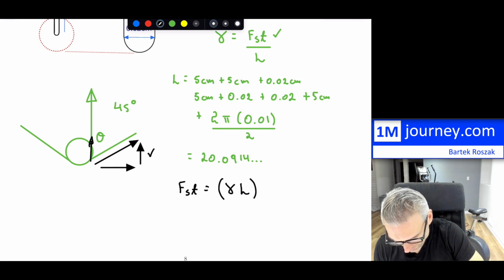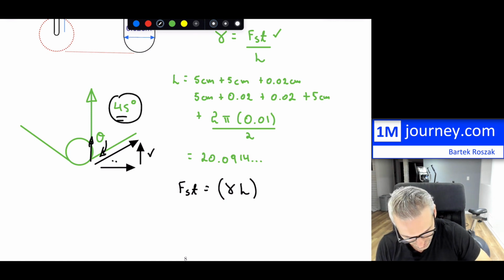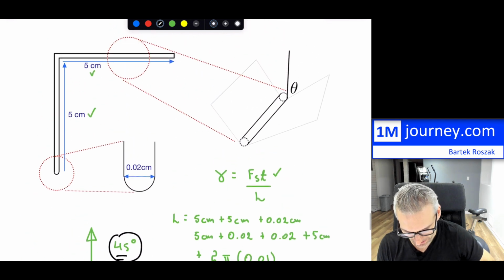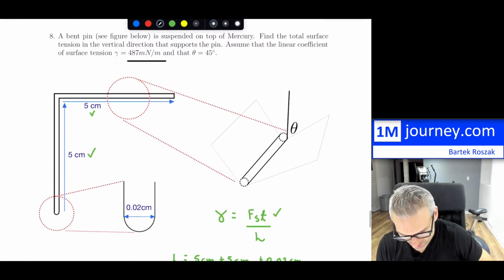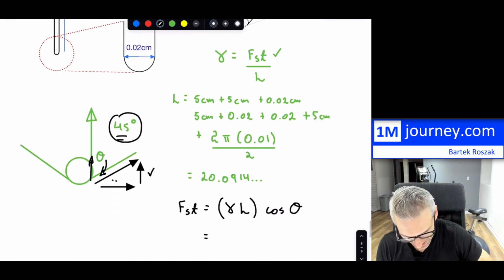And so in this case, it's this vertical component. Now we know this angle, which is 45. Now, if this is 45, so is this. So how you do it is up to you. Now, if this is 45, this is just going to be cos of the angle itself. So let's substitute everything back in. So I have my coefficient. Now it's in millinewtons. If you want to change it back,